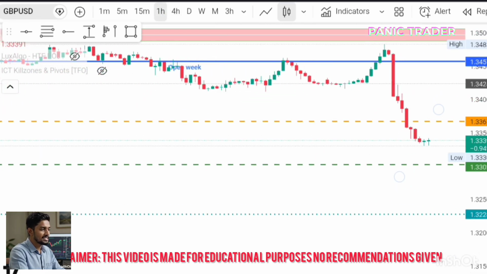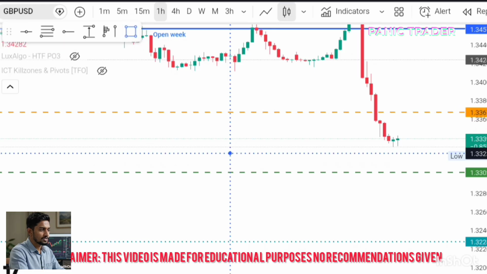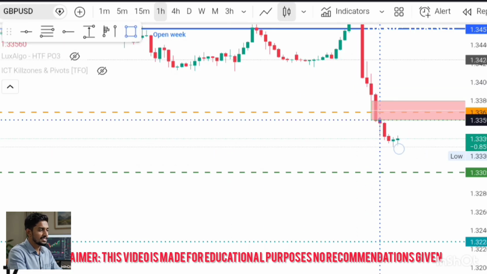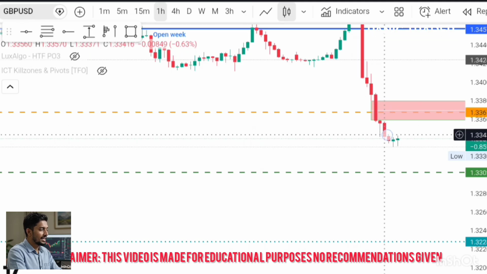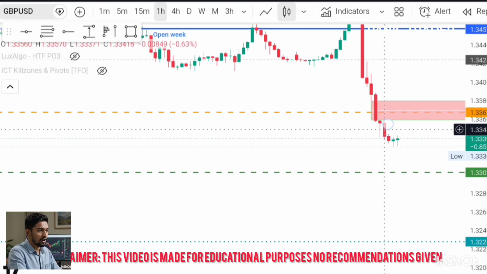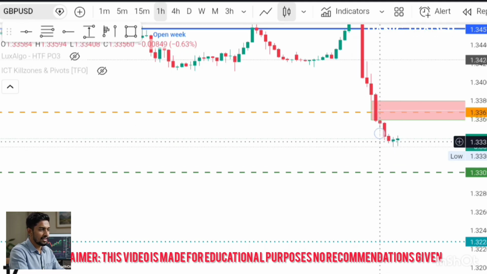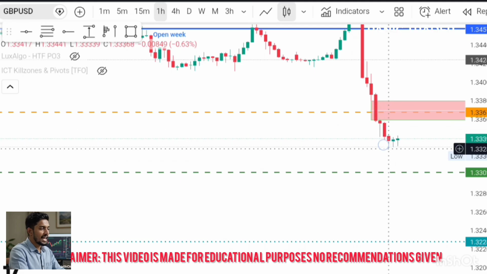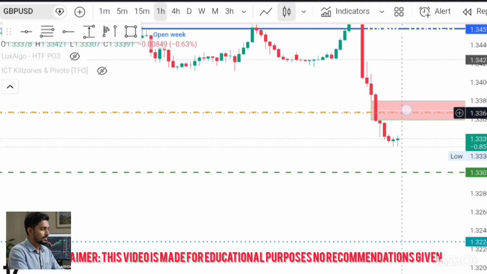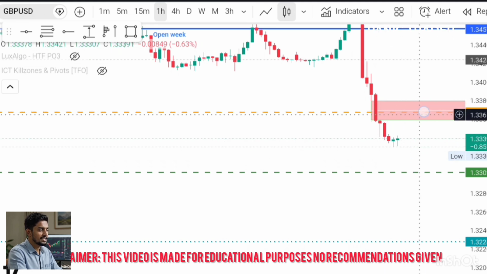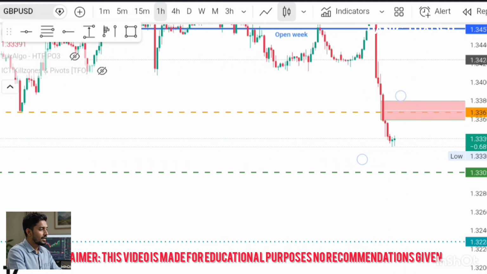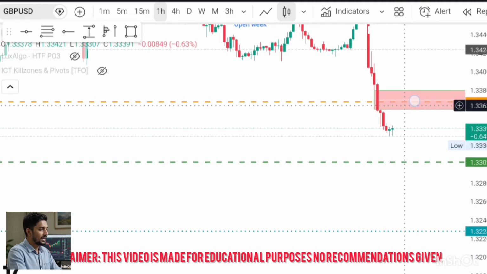So okay, we can see a very good fair value gap here. Mostly after this fair value gap, there is a struggle in the market, creating buying pressure, but it cannot withstand that buying and continues downside. Since this bias is in a negative state, I would like to target this one. The zone is clearly around 1.3370. We can see the reaction, and after seeing the reaction, we will go in for a trade. We will wait and watch in the 1 hour time frame whether this fair value gap is sufficient to make